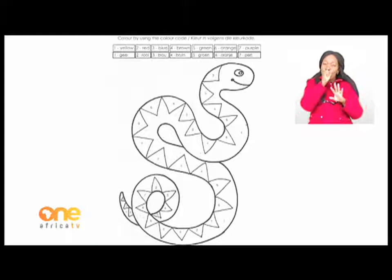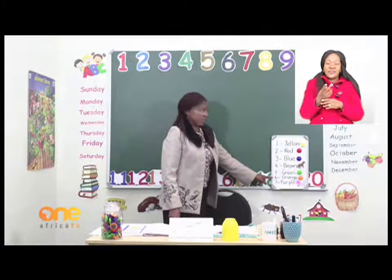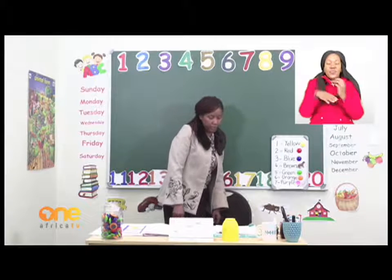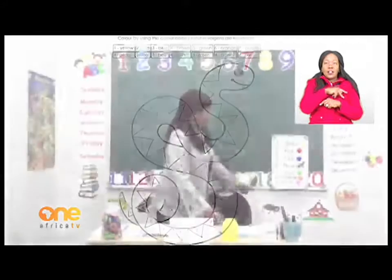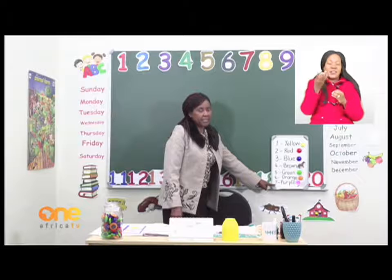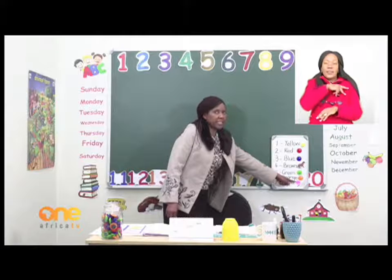Do we know what color is orange? Let's look on our board. There is number 6. Orange, and the color orange. Just like the fruit that we all love to eat, an orange. Okay, let's move on to block number 7. Number 7 requires you to color in purple. Do we know how the purple color looks? Let's refer back onto the board and see how the color purple looks. So wherever you find number 7 on the booklet or on the snake, you color it purple, and that is